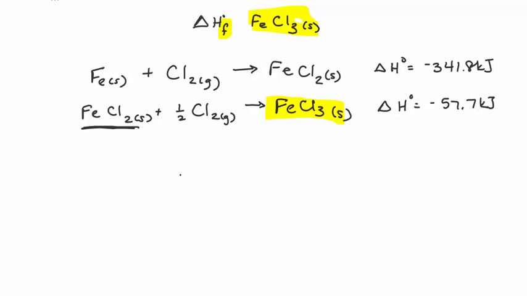So I need to manipulate these equations to find a situation where I can add them together and get just the atoms on the reactant side, and then the product be my target product. So if we were to add these together,